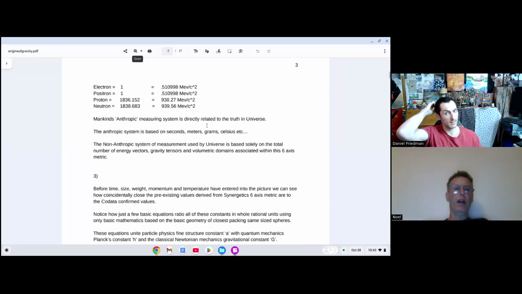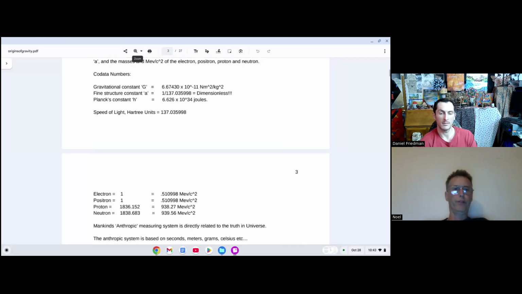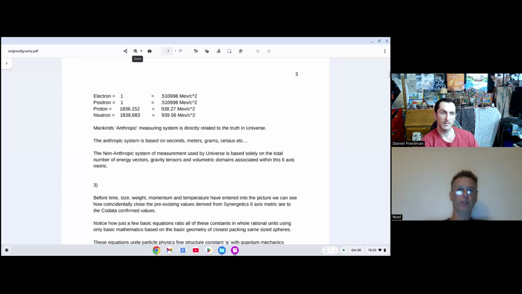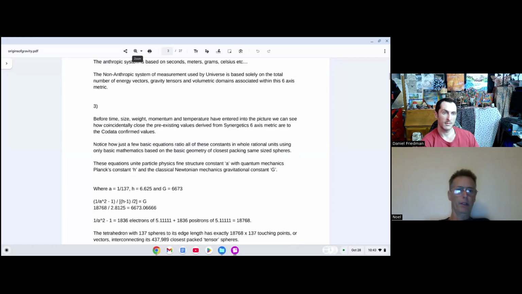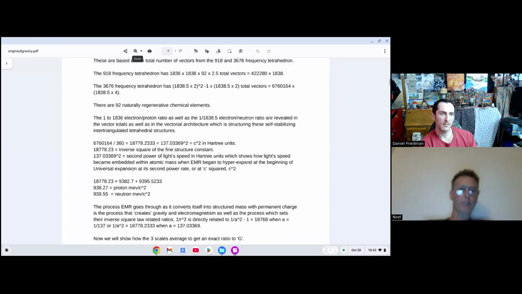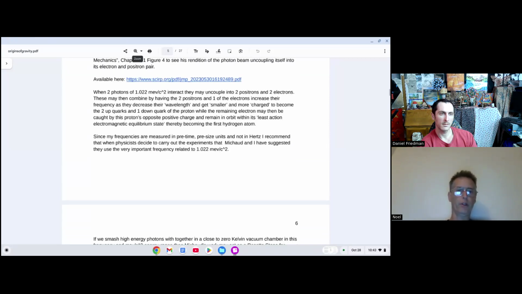So we went over how the different constants here, gravitational and fine structure and Planck, are related to these different megaelectron voltages, right? And how they all can act as one unified equation, unifying the fine structure constant with relativity theory and Planck's constant with quantum mechanics with Newtonian mechanics of gravity. And as I say, I'm just a number theorist. Do you know what I mean? When this all started out, I'm just doing my best to try and learn about all this stuff.